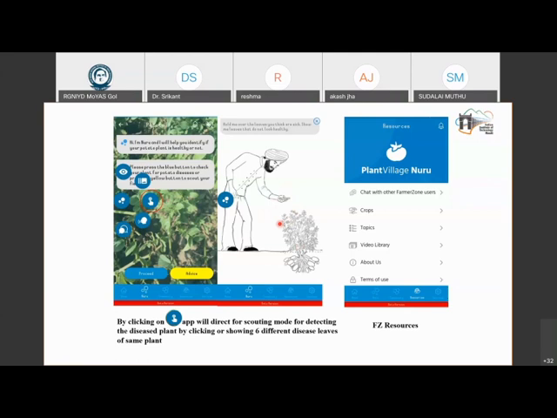The model was initially done so that when the model was big, it would run in the backend server. So the farmer clicks an image and the image goes to the backend server. Now that we have compressed it, it's on the phone itself. So even if the farmer doesn't have an internet connection, you can just click and find out whether there is disease or not.